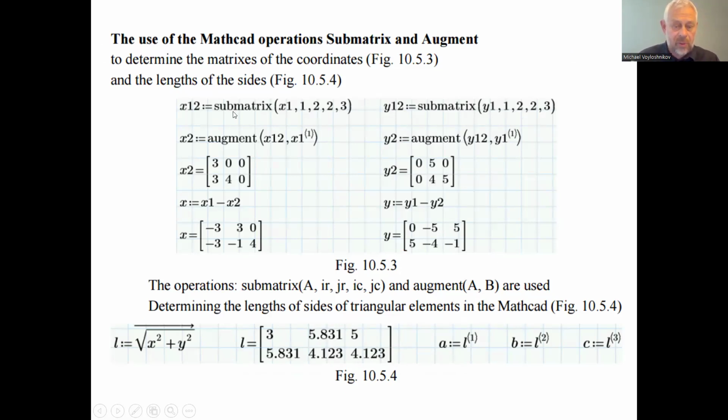This matrix was made by two operations with the matrices available in the panel of Mathcad, having in Mathcad access to the matrices options, next to the programs like submatrix and augment, to operate with the columns, the parts of the matrix, and the columns for the formation of the matrix. Next, having this matrix X2